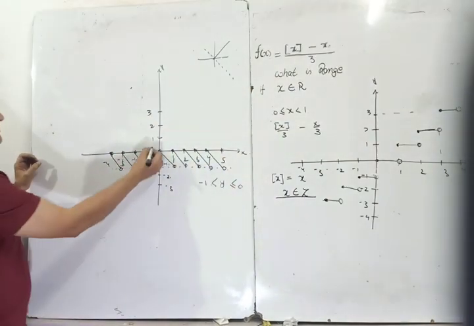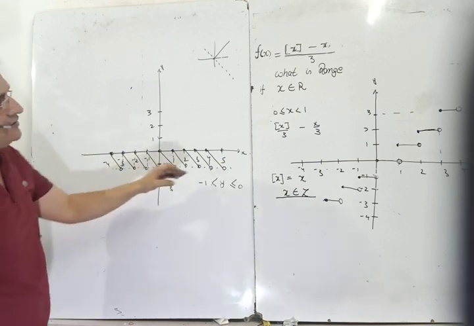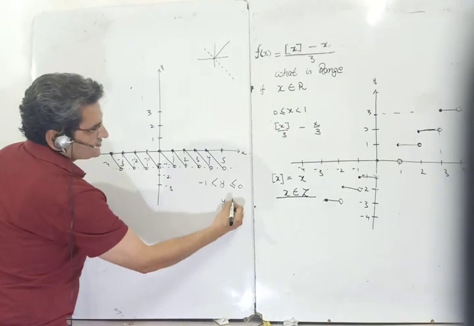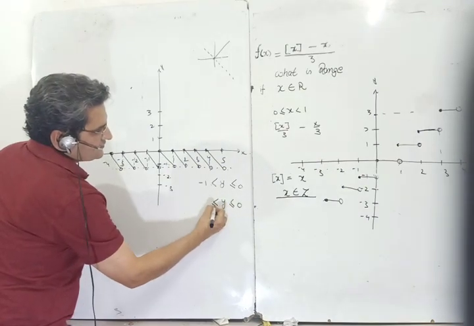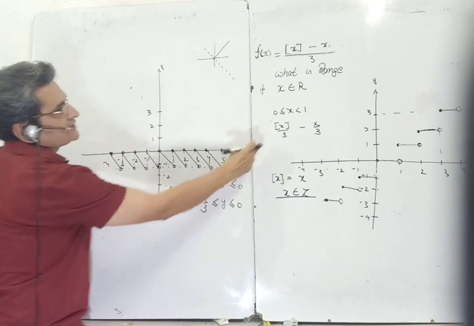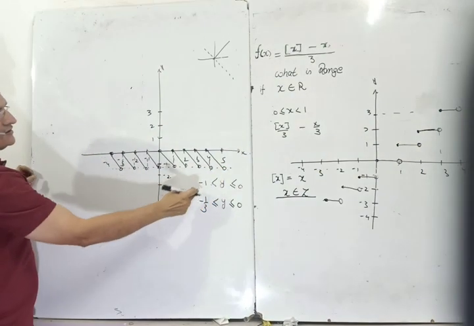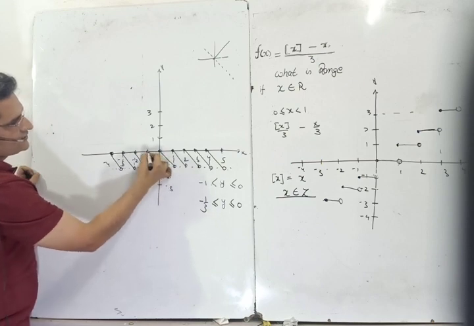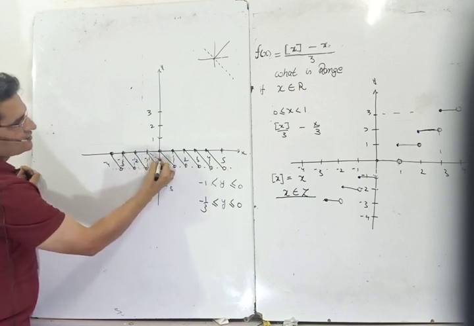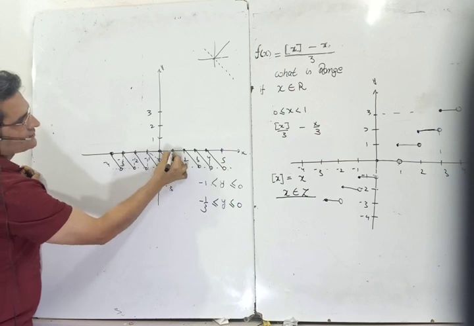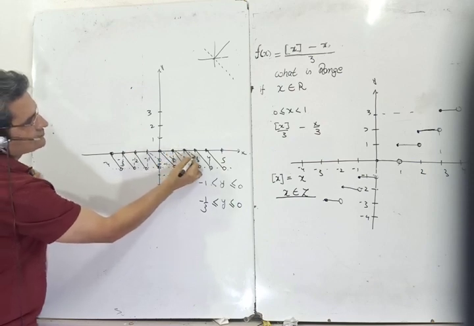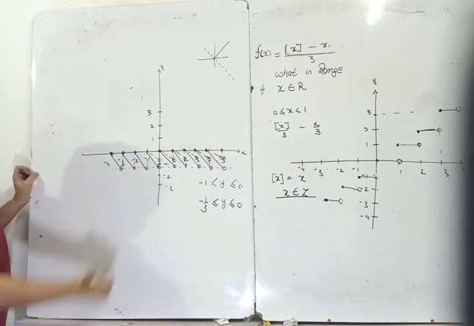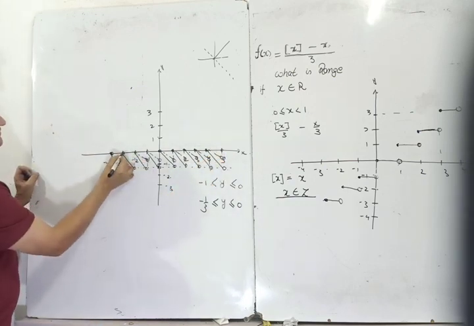So now how do I complete the graph? The only thing is, earlier you had up to minus 1, now the range is less than or equal to 0, greater than or equal to minus 1 upon 3. Whatever it is, 1/3 of minus 1. So if you draw the graph, instead of minus 1, it will come up to this place, minus 1 upon 3. That is how the graph is. Now, similarly you can do it like this.